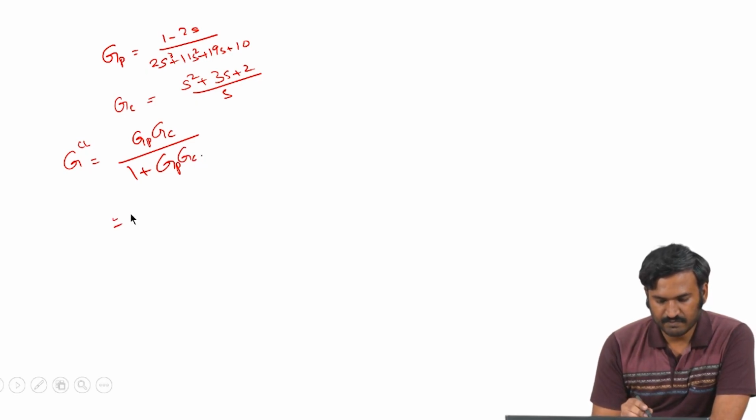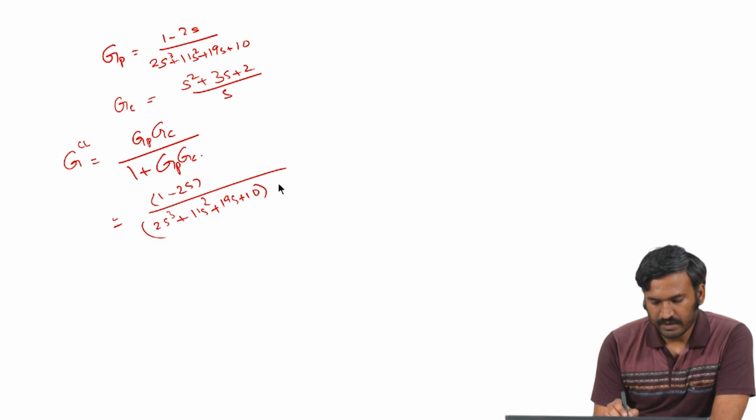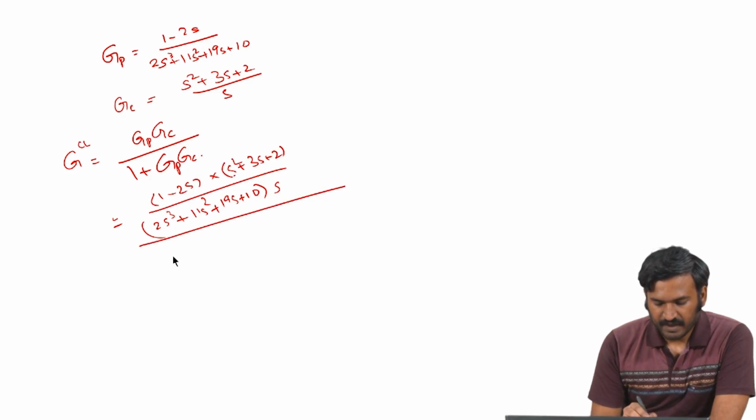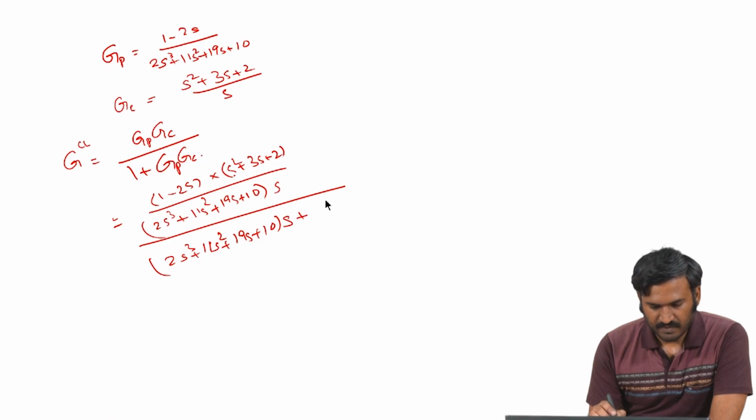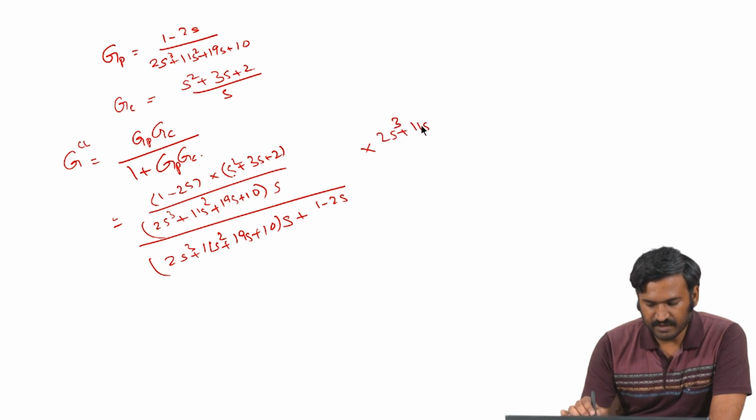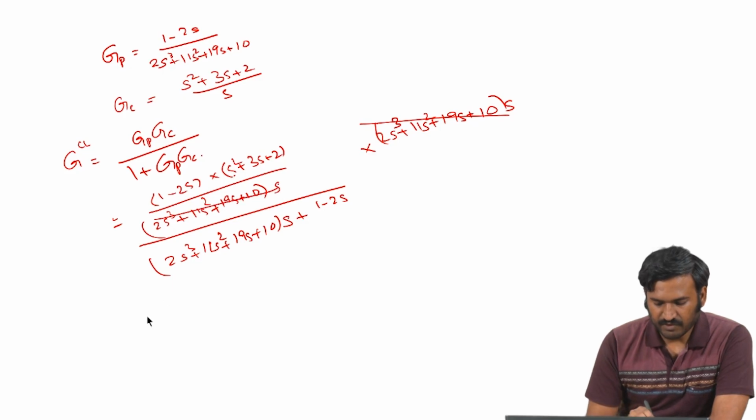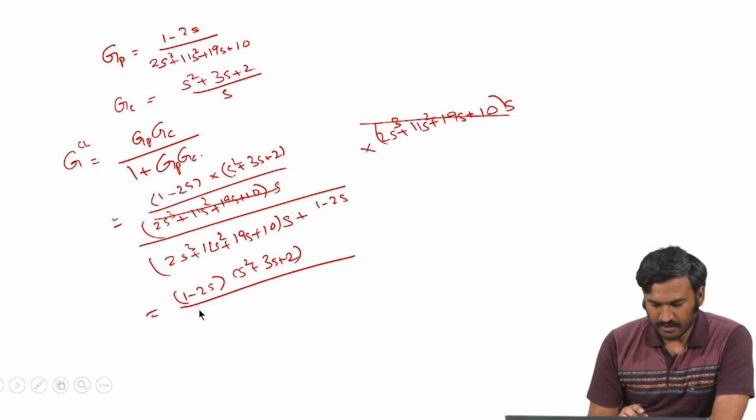That will be 1 minus 2s times 2s cube plus 11s square plus 19s plus 10 into s. So, there is s square plus 3s plus 2 in the numerator also, divided by 2s cube plus 11s square plus 19s plus 10 into s plus 1 minus 2s multiplied by 2s cube plus 11s square plus 19s plus 10 multiplied by s. Now, these two get cancelled. So, we will have 1 minus 2s times s square plus 3s plus 2 divided by